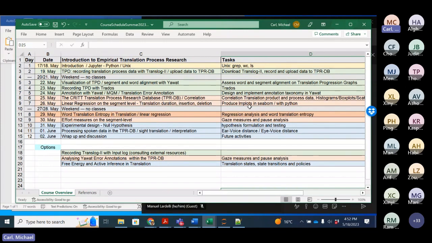angle and see, for instance, where do translators stop translating? What pieces of text are produced very fluently or quite fluently, and where do we have pauses, right? So then we look from the temporal side.